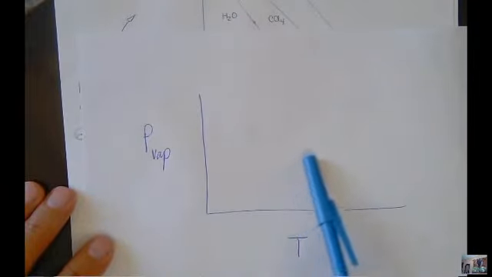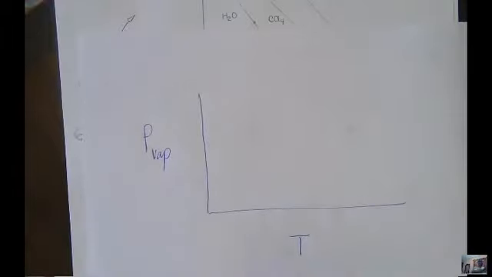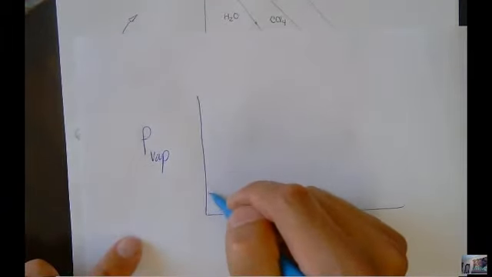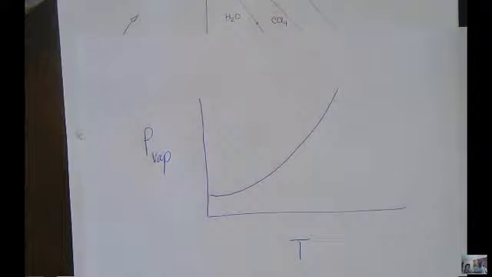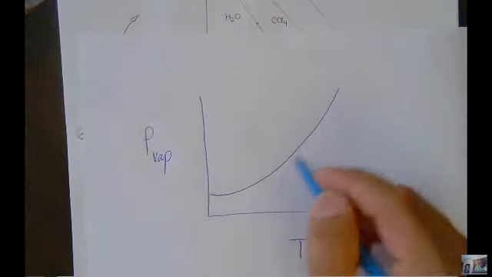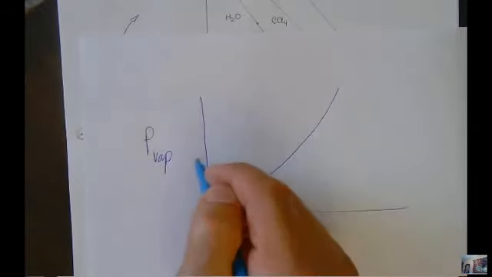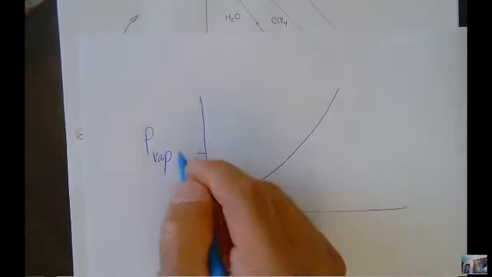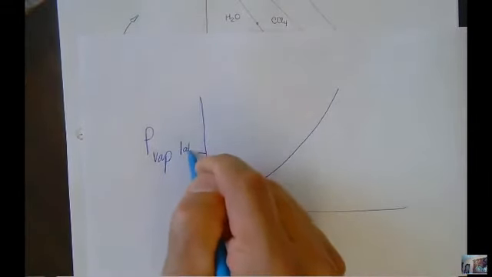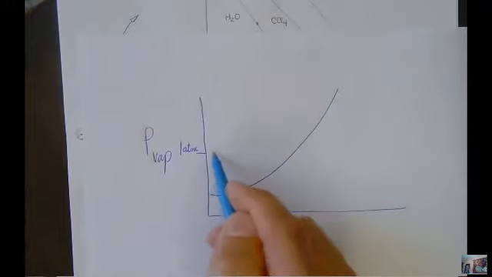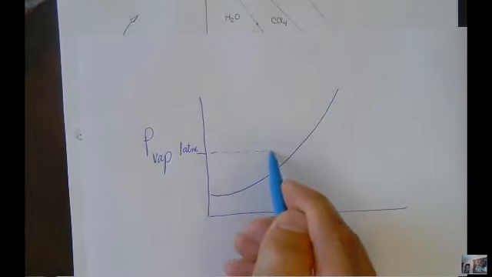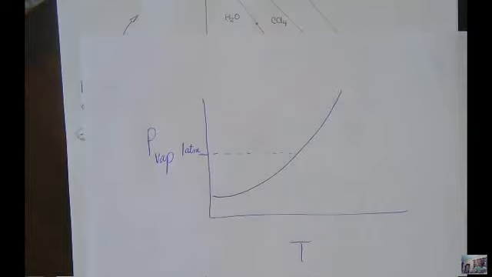As you heat them up and give them more energy, the likelihood is going to start to grow exponentially like this. So this is very typical. This might be the vapor pressure graph, what happens to water. And right here, this might be 1 atmosphere of total pressure. So when the vapor pressure of water